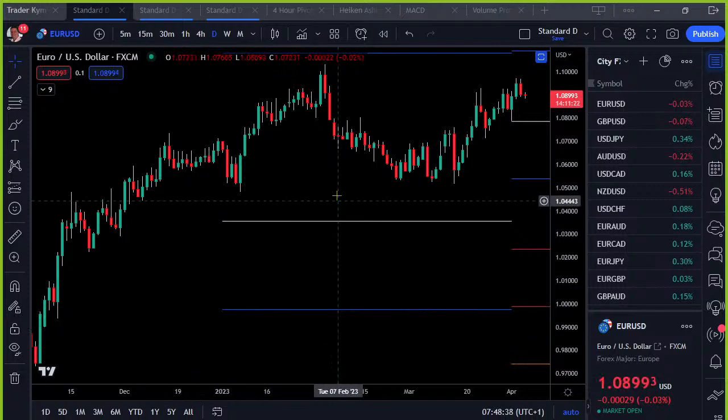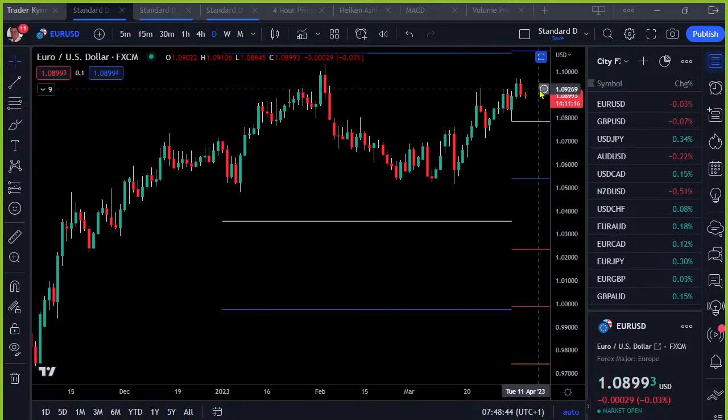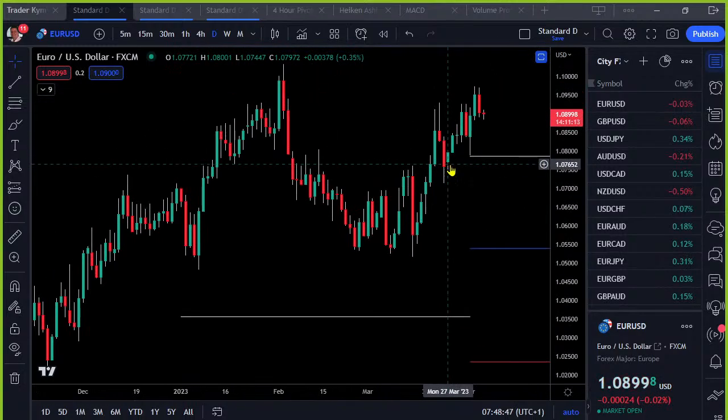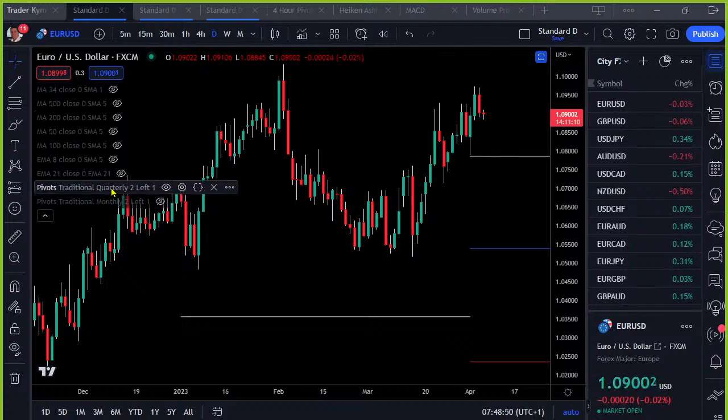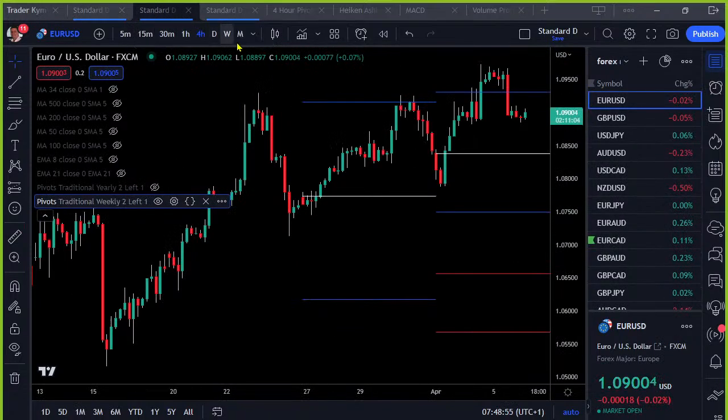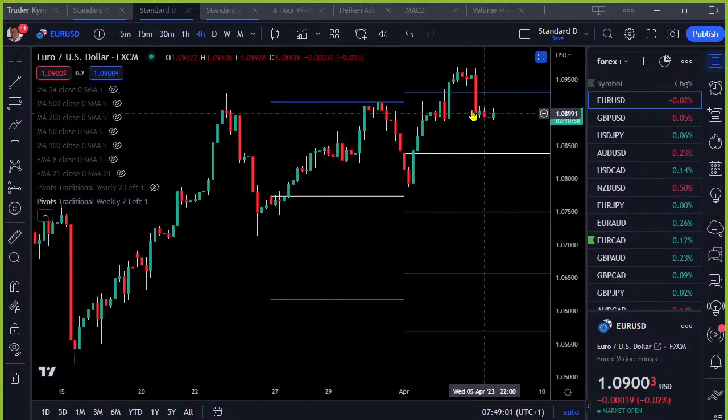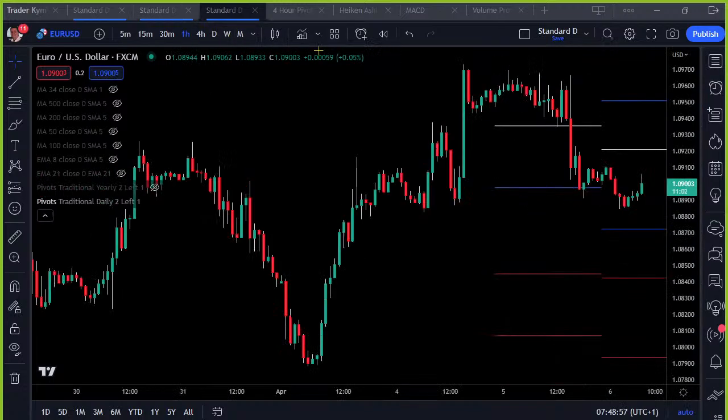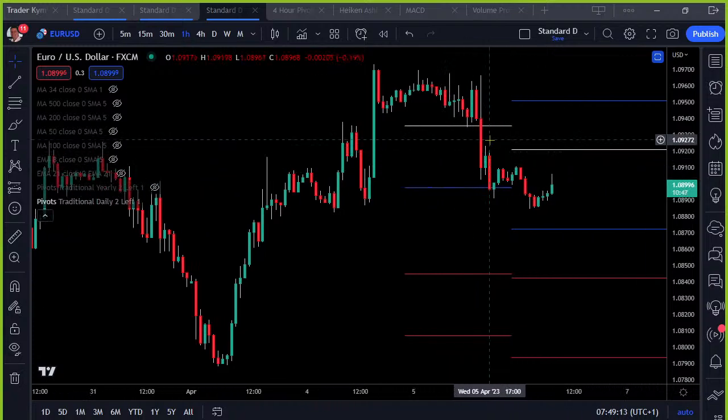Right. On that note, let's move on to the technical, starting off with the euro dollar. Looking at it from a daily picture first, I've got the quarterlies still on here. So we had a bounce off the quarterly pivot there, and it's then gone up, done this top, and then pulled off, and not really going too well at all now. I did suggest yesterday I'd like to see a bounce off the pivot. It did bounce off the pivot, but the risk was with the lower high that was given to us on the way that it might not do too much, and it didn't do too much. In fact, it rolled over to the downside.